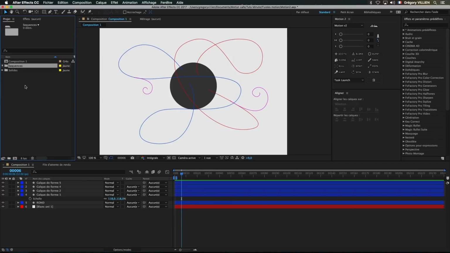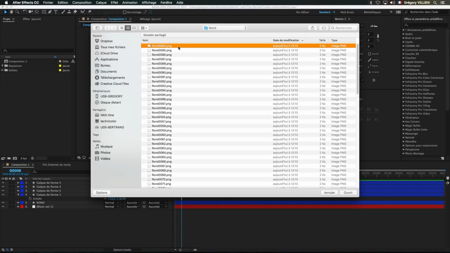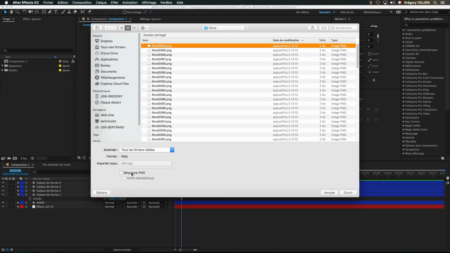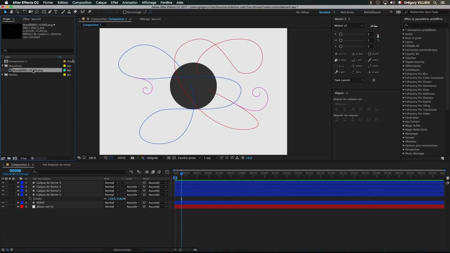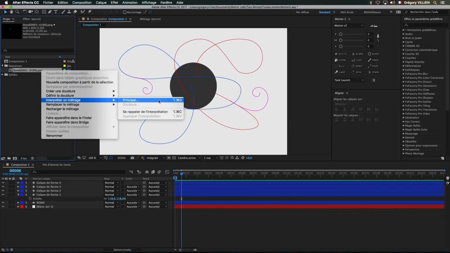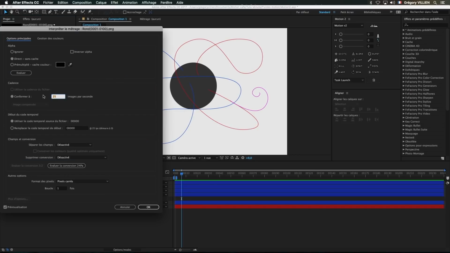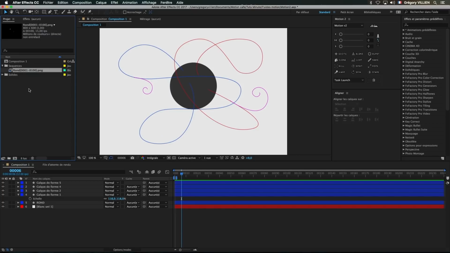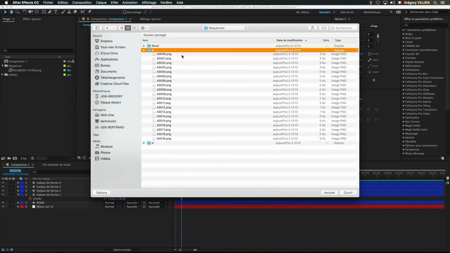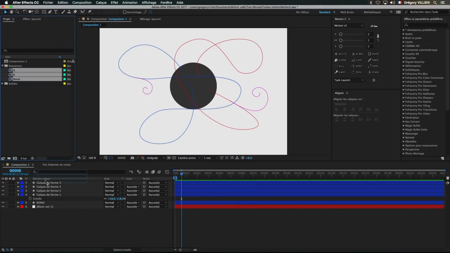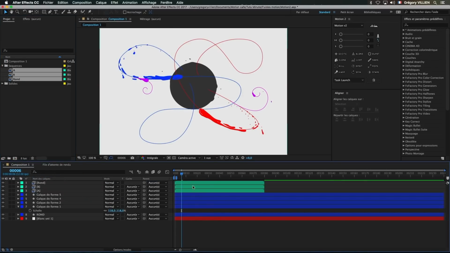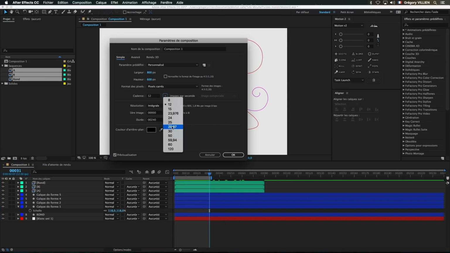Now I've got everything, and we'll be able to make it in After Effects. Welcome back to After Effects. The first thing we'll do is import our sequences. Go to the folder, I check the PNG sequence, and I bring in all the frames. By default, After Effects will make a timecode. Here, right-click on the footage. You can adjust it to 15 frames per second, which was the number of frames in Animate. I import all my sequences at 15 frames per second. Here, I can drag it into my composition, and I see that everything's all right.